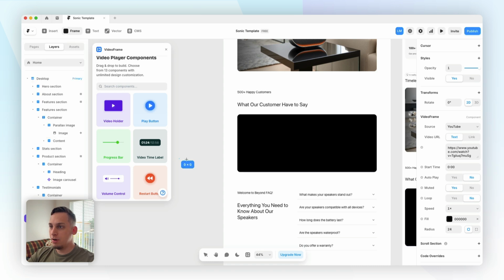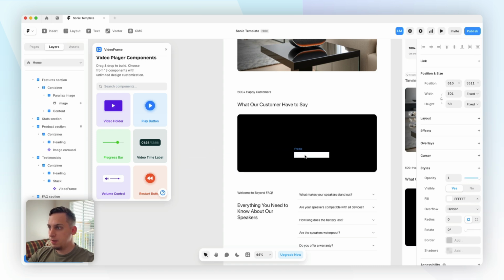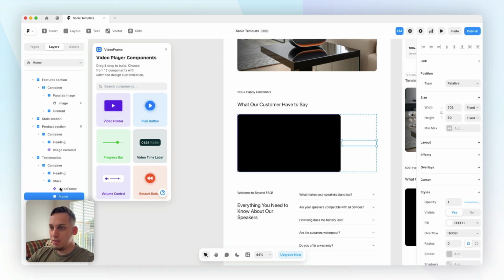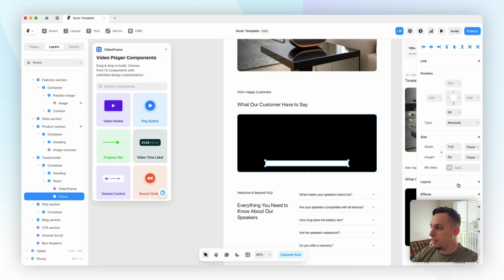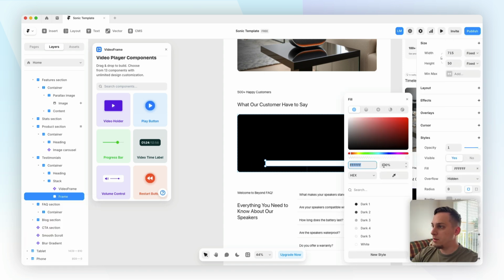So let's just go frame, draw something like this, and put it inside of this video testimonial. So we'd have to put it in this stack. And let's make sure that it's underneath the video frame, right? And let's keep this absolute just like this. And then we can just grow this to look something like that. And then we can just set the color to be something like